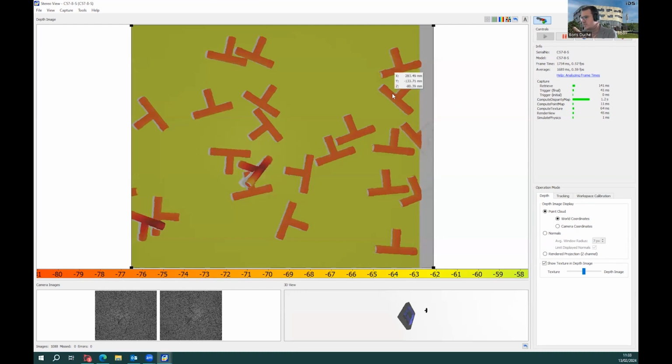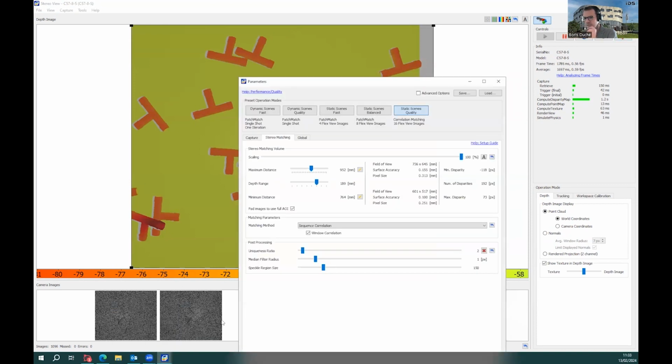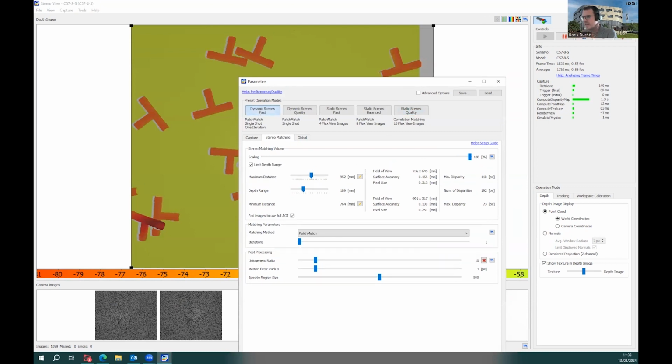Remember, this is an N-Sensor C57, so 5 megapixel images for both left and right sensors. This computation of the disparity map can be sped up by changing the matching algorithm. This we've seen already. Quick reminder, I'm here in static scene quality. If I go to dynamic scene fast, I decrease the computation time for the matching algorithm.